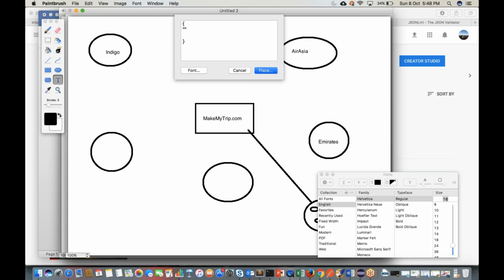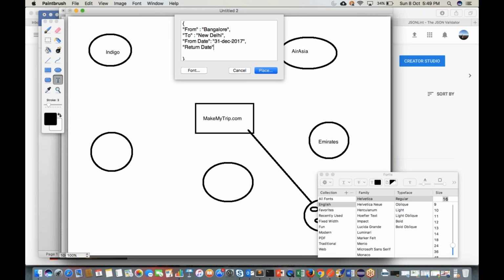I'm putting one piece of information: from, let's see, Bangalore, and to, it will be, let's see, New Delhi, and let's see, I'm putting some from date. Okay, let's see, 31st December 2017, and